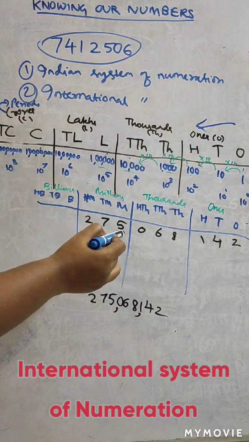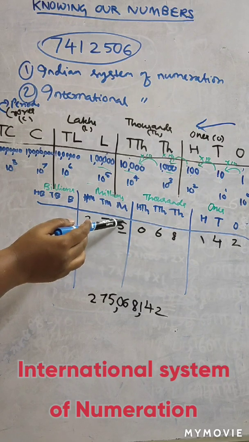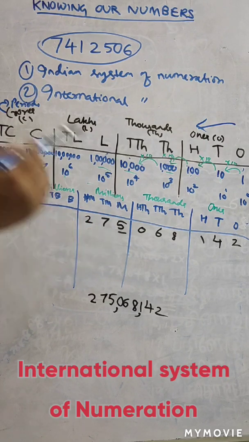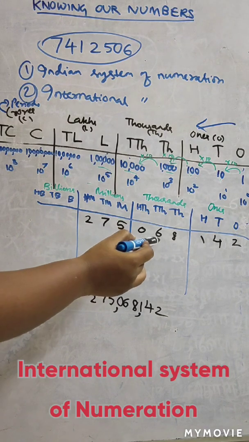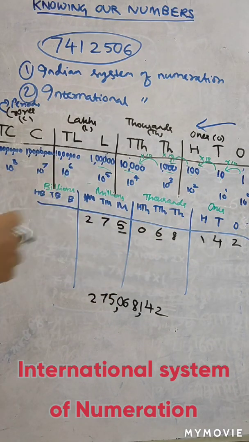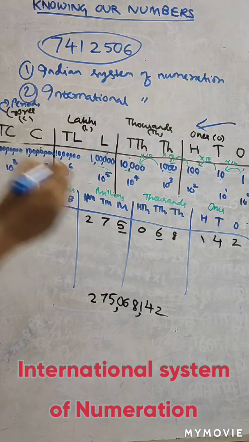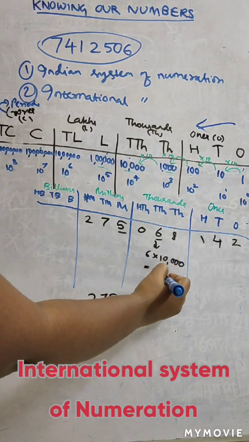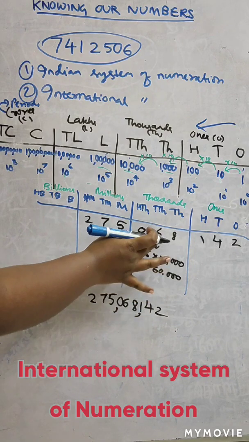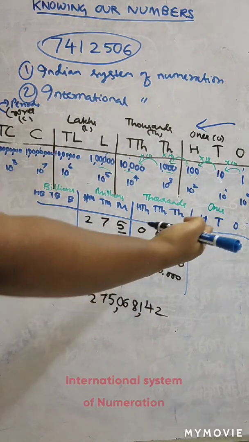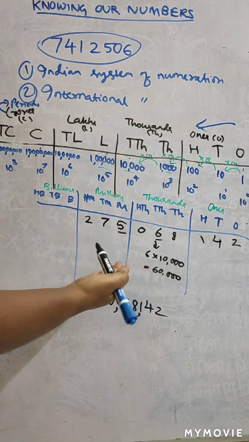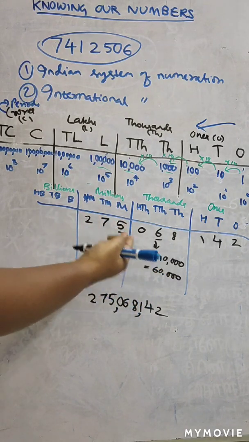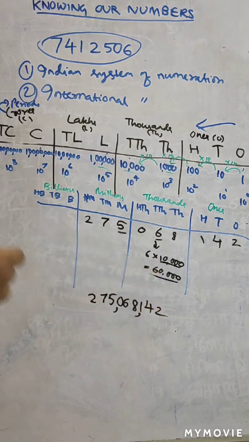Now if we are asked to find the place value of the digit 5, this is in the millions place, so the place value of 5 will be 5 million. Now if it is the 6, what is the place value here? We see that it is in the 10,000 place, so the place value will be 60,000. How did I find it? First you write the digit 6 and multiply it with 10,000, that gives me 60,000. So this is how we find the place value of any given digit in a given number. We saw the corresponding value in the place value chart, and then we multiplied it with the digit, and found the place value of that digit.